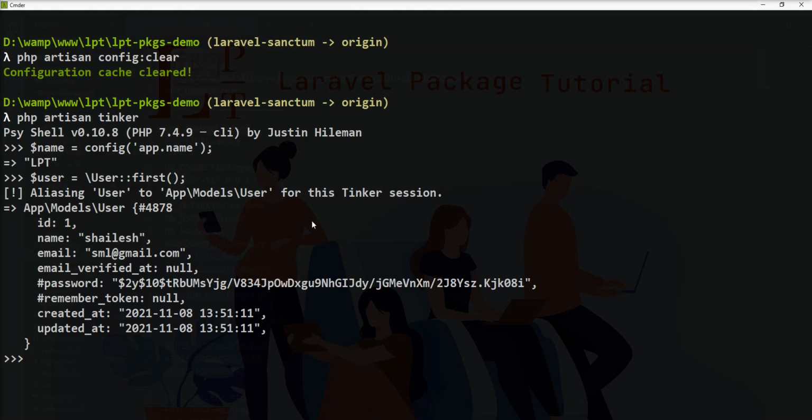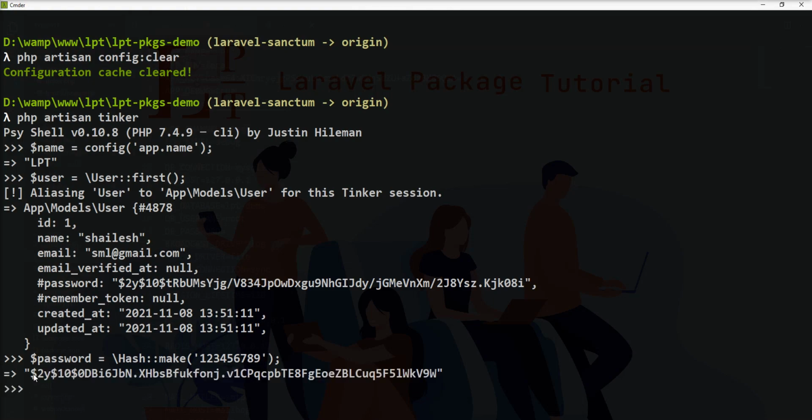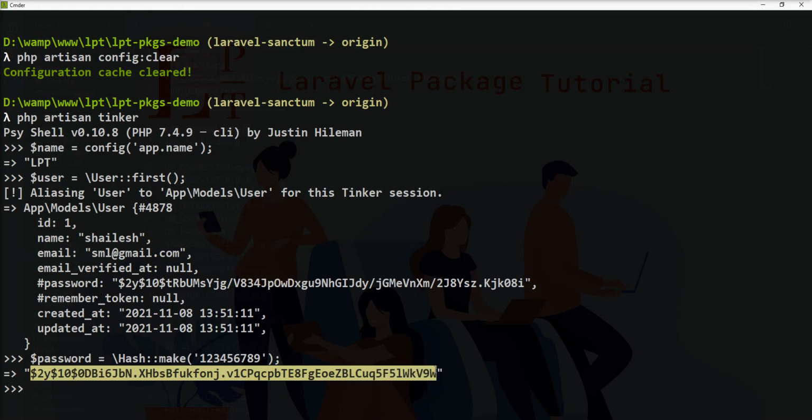Also you can interact with a facade here. For example, I am going to create a password with hash, so with encryption, so let me specify a password variable and I am going to use the Hash facade, and using the make method I am going to specify my password, and you can see here an encrypted password is generated.